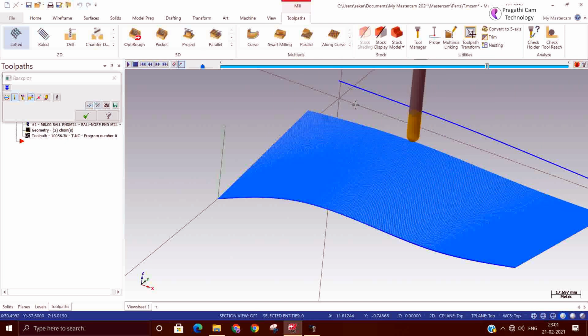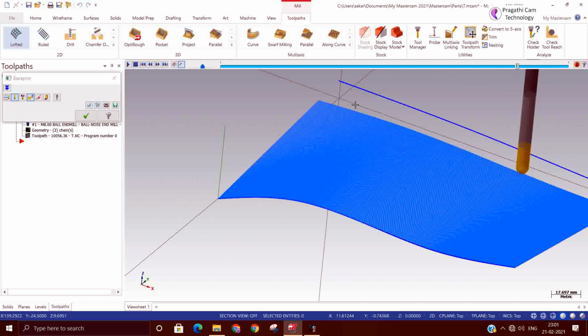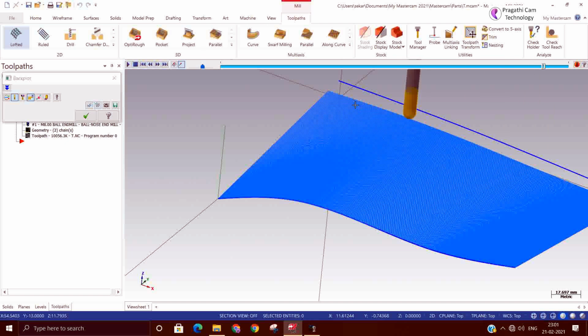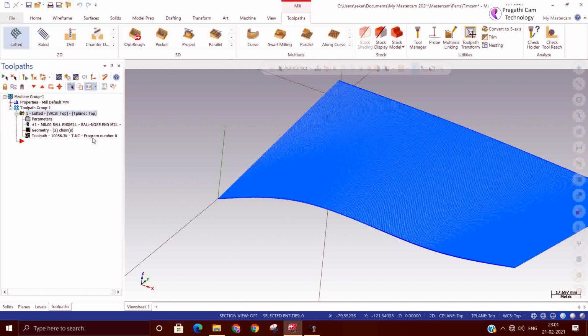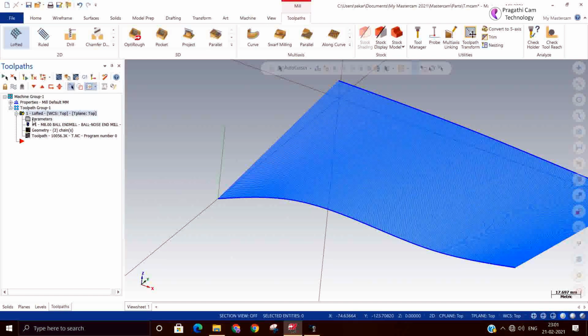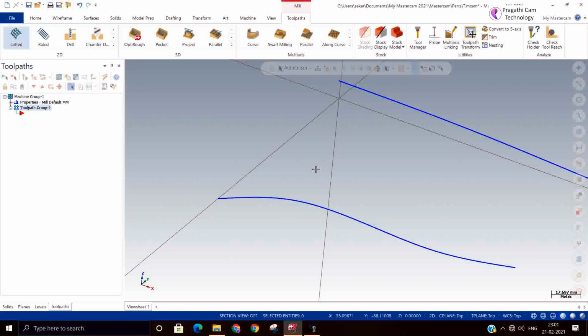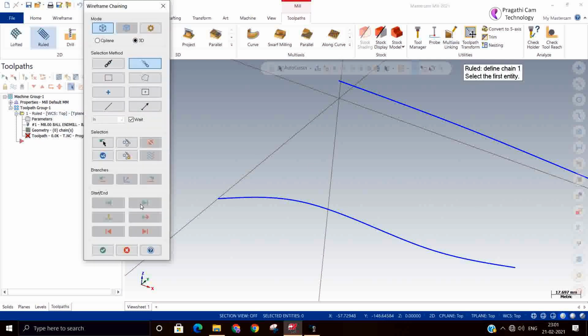Even old Mastercam users still use this kind of wireframe toolpath for machining. The difference between loft and ruled, I think you have seen in the surface itself. In the loft there may be some blending, but in the ruled no blending is possible.